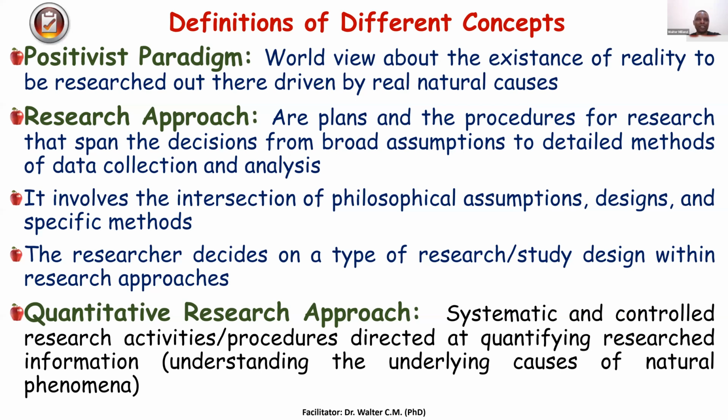But it always believes that there is a problem in the society. And then this problem has its cause or root cause. And then I want to go and research what causes this problem. If we go this way, it means that you are aiming at quantifying what is there. So this is the quantitative research approach. The key issue is systematic and controlled